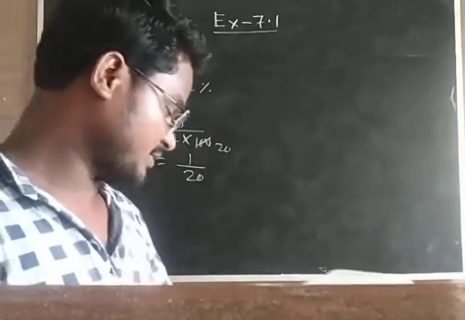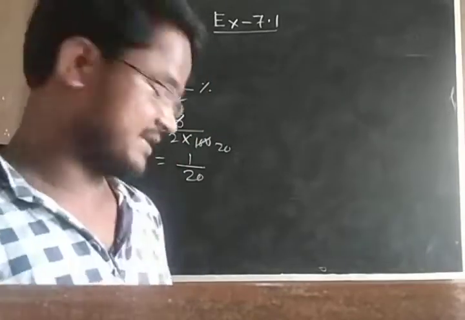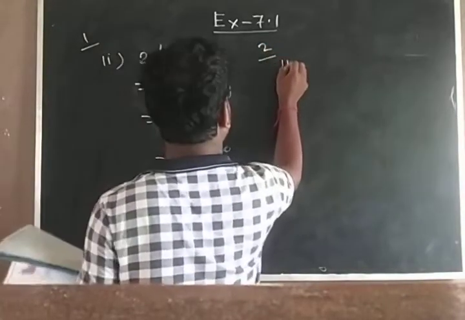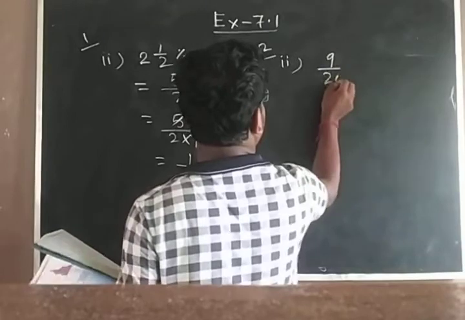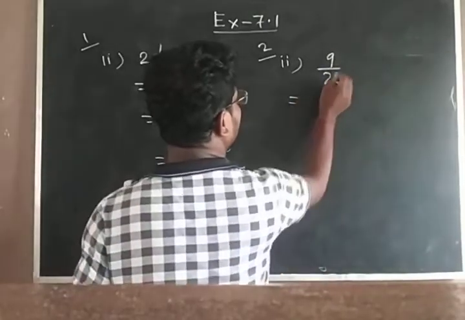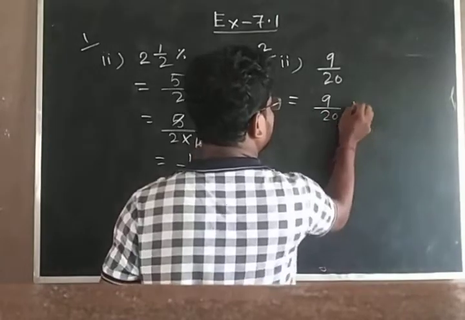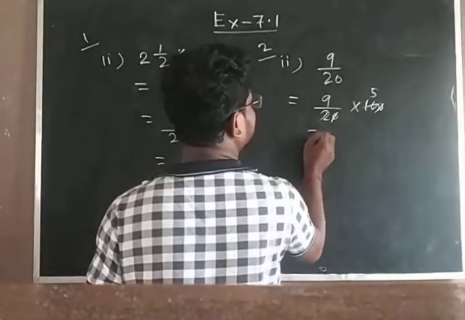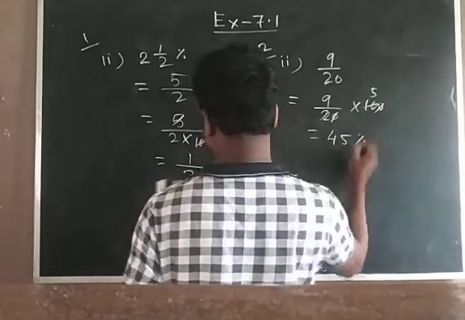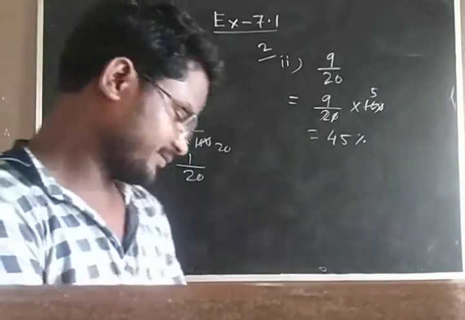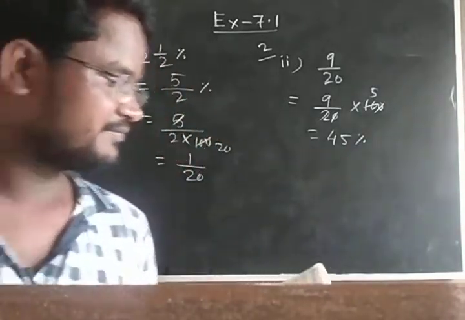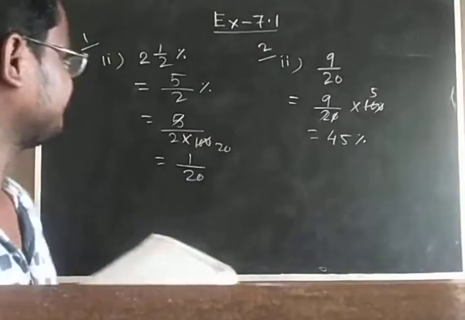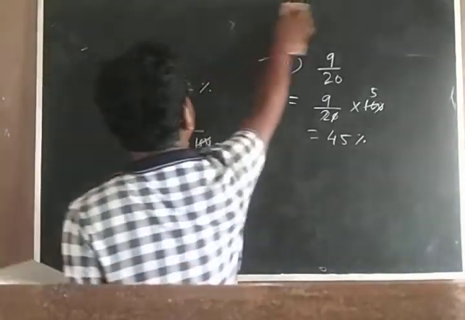Same as this, just the opposite, from number 2. Express the following as a percentage. The fractions are given, you have to express them as a percentage. See, 2, 2. 9 by 20. You have to express it as a percentage. No problem. You will multiply by 100, because you have to compare with 100. Then it is 45%. Just leave 3, 4, 5, 6. So I will start from 7.